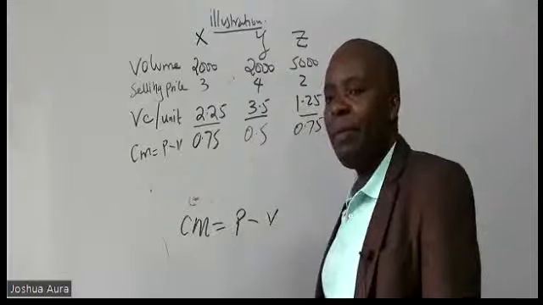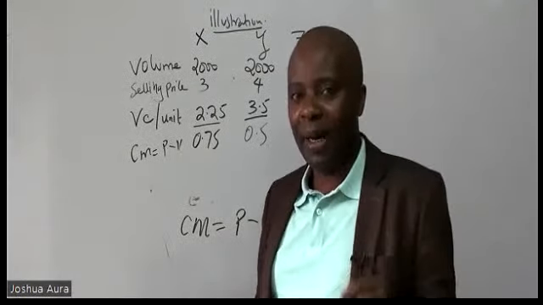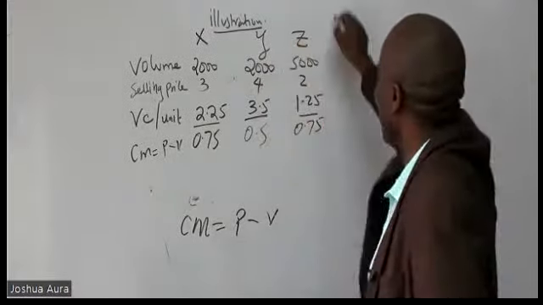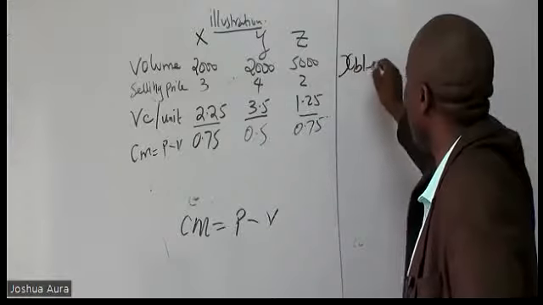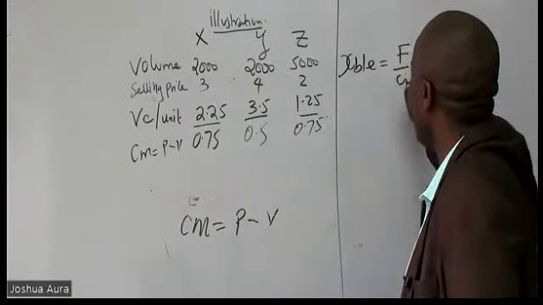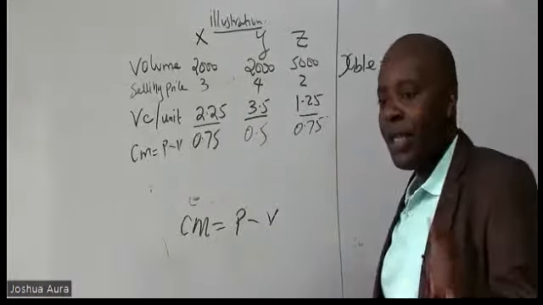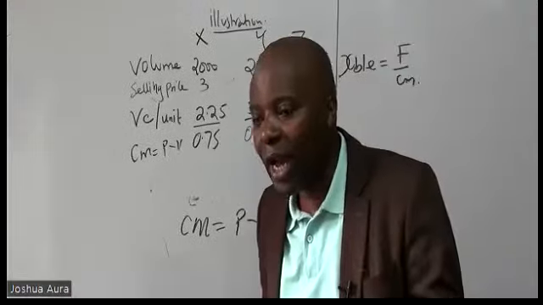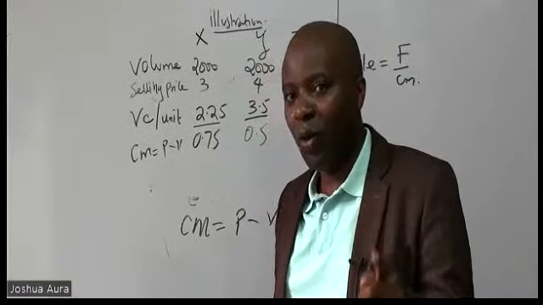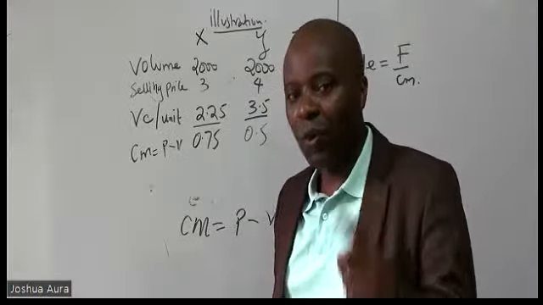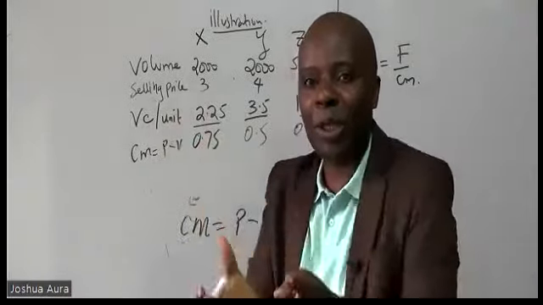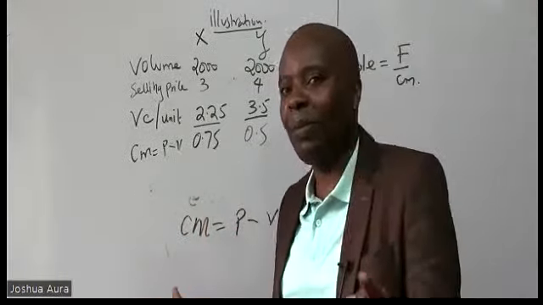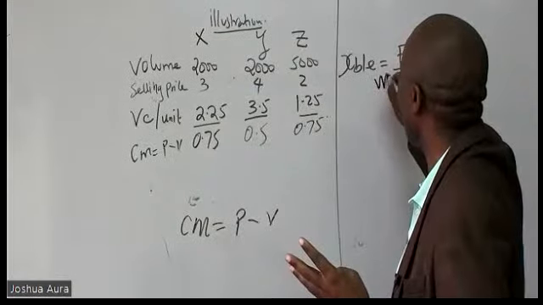Ladies and gentlemen, remember, if you want to get break-even point, we normally take fixed cost over CM. This is whenever we have a single product. But if it's a composite, a compound scenario, where you've got 3 different products, like in this case here, there are many products, then automatically we must add what we call the working,